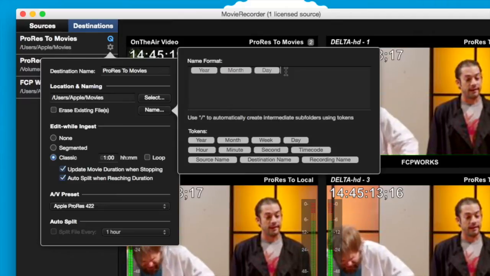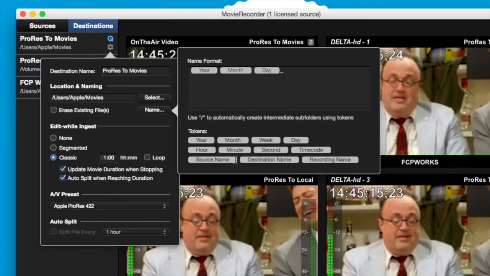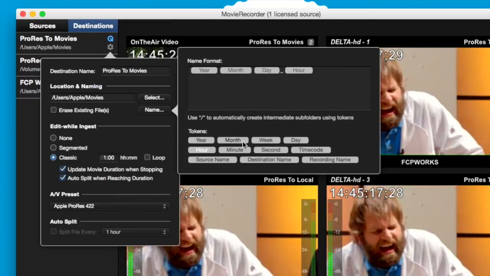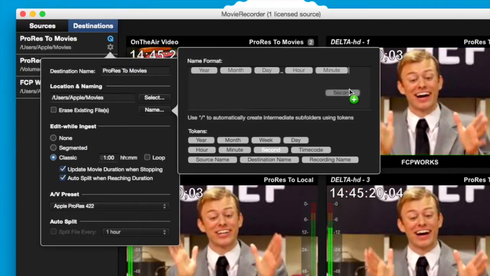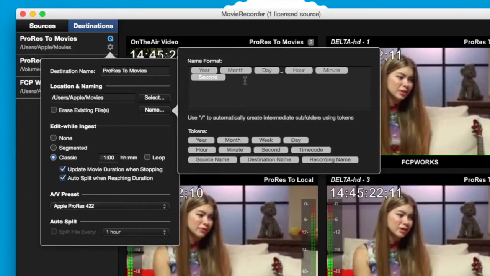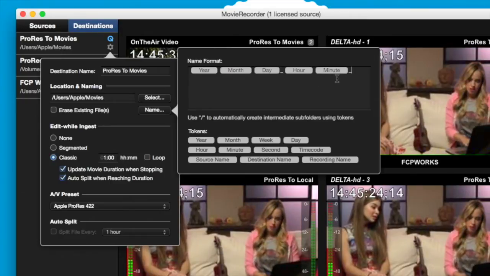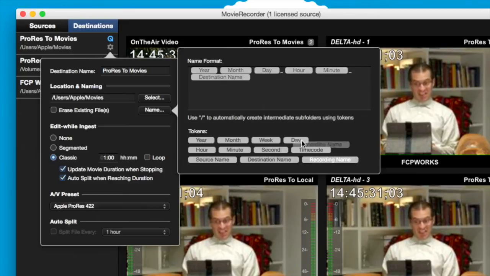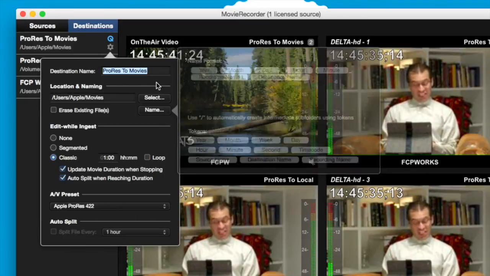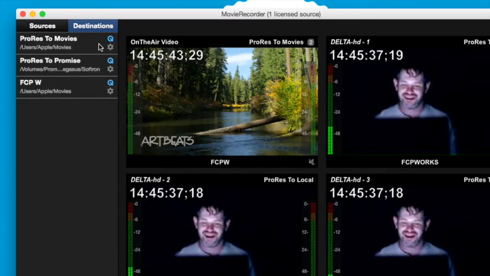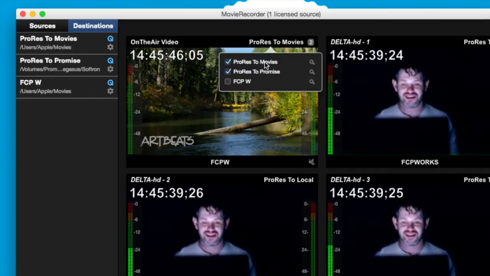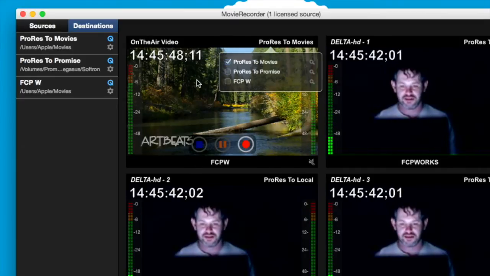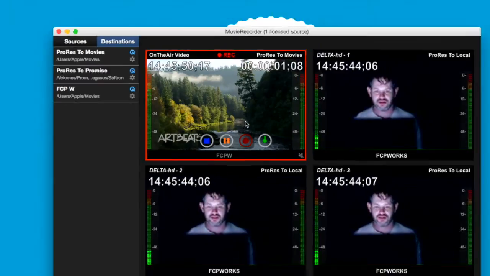and underscore, and for example, hour, minute, seconds. I can use any character and it will just work. And then destination name and recording name. Okay. So now for that destination, the ProRes 2 movies, if I can disable that, start the recording, and